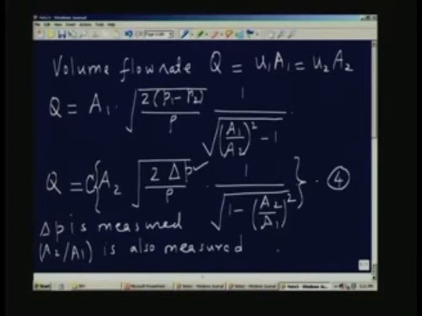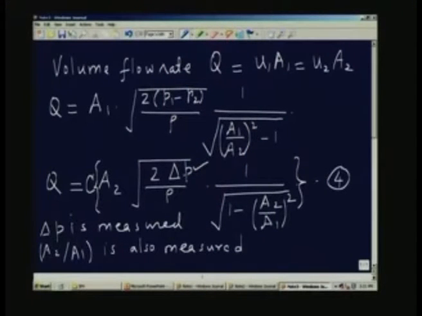for the measurement of volumetric flow rate. So, I will say C is the coefficient of discharge, A2 is the area of cross section of the smaller cross section, delta P is the pressure difference between section 1 and section 2, or station 1 and station 2, rho is the density of the fluid which is flowing through the duct, and 1 over square root of 1 minus (A2 by A1) whole squared. This parameter is usually referred to as the parameter M, or it is also called the velocity of approach factor.